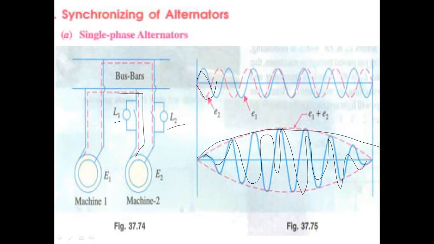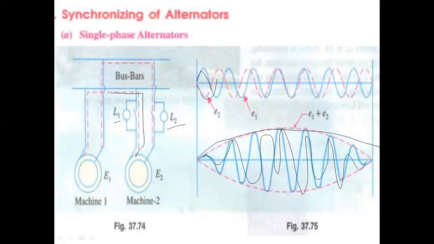Some engineers also prefer lamp bright synchronization, because at the time of brightness we synchronize. Some engineers prefer lamp dark synchronization, and others prefer lamp bright, because lamps are much more sensitive to changes in voltage at their maximum brightness. When compared to darkness, the lamps are more sensitive at maximum brightness. Hence a sharper and more accurate synchronization is obtained.